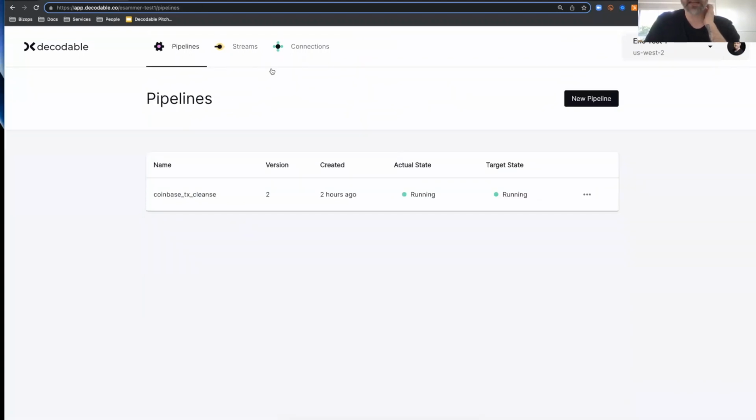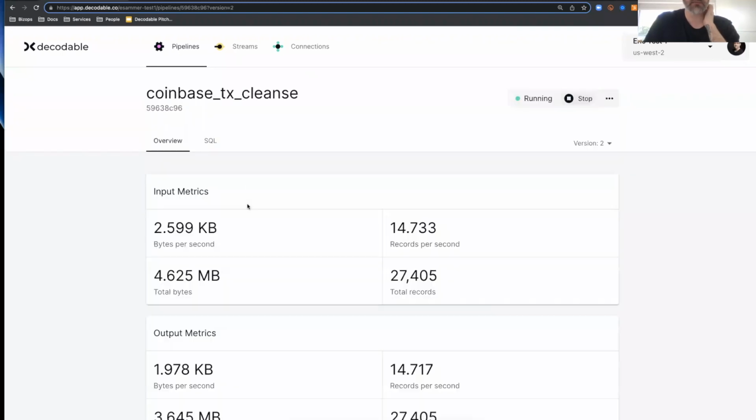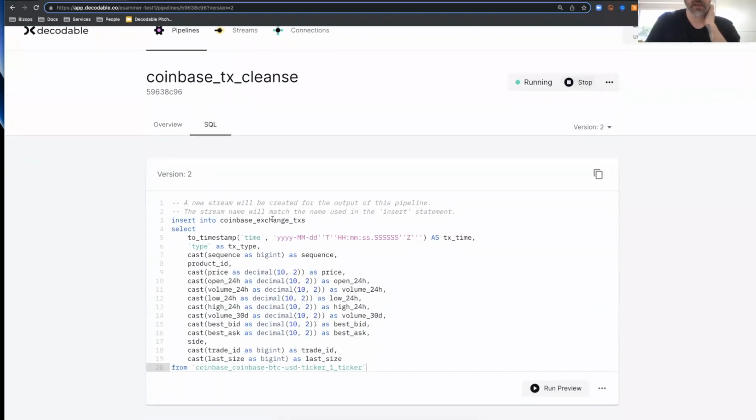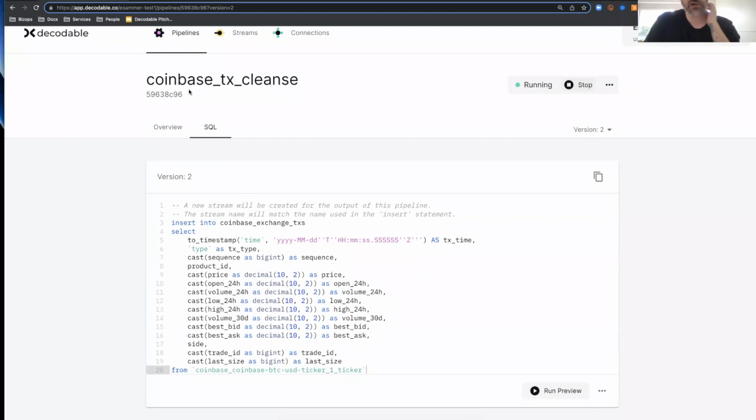And I didn't have to do anything. DataPM created that stream and that connection for me, which is super cool. But there is this pipeline. I just called this Coinbase transaction cleanse. It's reading from this source stream, and it's going to insert into a Coinbase exchange transactions stream that I created. And you can see here, it's just really, really simple data type conversion,